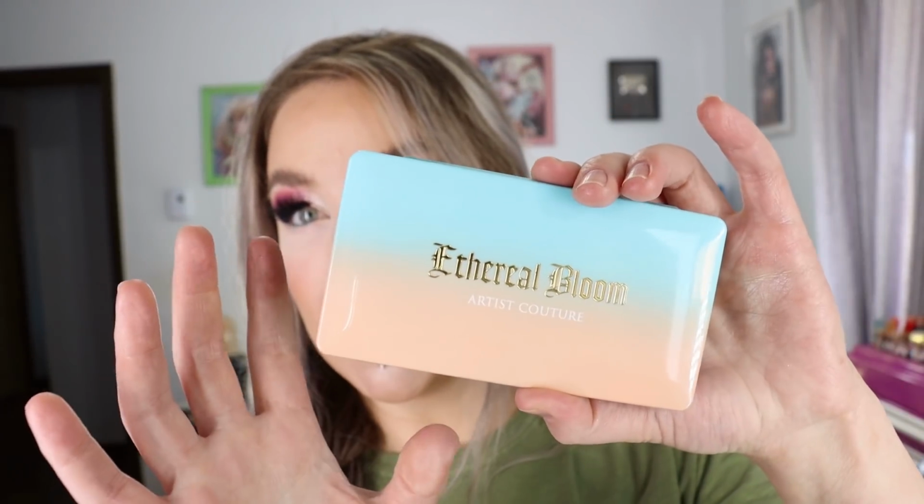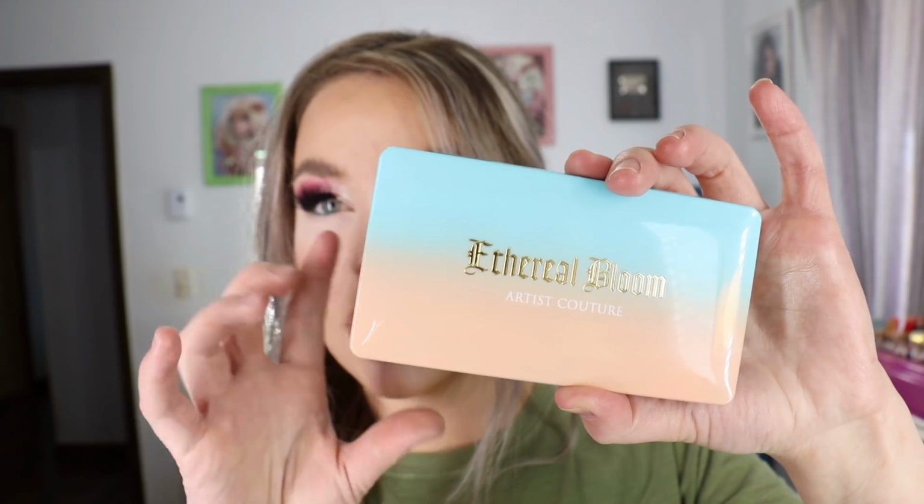And I really wish they would have printed the artwork that's on the box packaging on the actual palette, because it's so pretty. It would have just looked so much prettier. Even though this is still pretty, this is even prettier. So this has 8 shades in there, and it says bulk made in the USA and assembled in the Dominican Republic. There's 8 shades that are 0.02 ounces per shade, which is not a ton of product that you're getting per eyeshadow. So it's a hard plastic packaging,